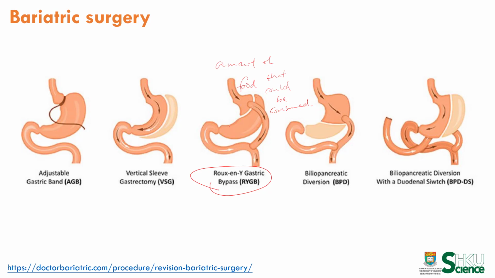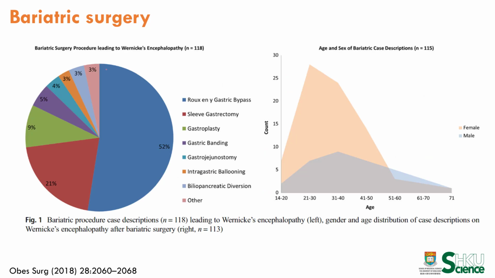If this person is consuming normal food, not the formulated food, then thiamine intake is likely to be low because the amount of food ingested is low. The other forms would at least have some parts of the stomach being kept in the digestive tract, so the amount of food consumed can still be reasonably high enough to ensure adequate thiamine intake. This is a study that shows basically what I've just said. Most of the thiamine deficiency symptoms seem to come from the Roux-en-Y gastric bypass patients, and it affects females more than